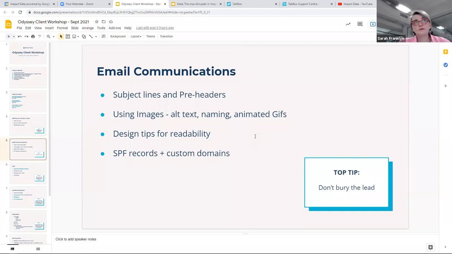Now, one of the other tips is SPF records and custom domains. So when a communication comes from TalkBox, it will come from southmackay@talkboxapp.com. If you want it to come from South Mackay and not TalkBox, let us know and we can set up a custom domain for you. There's a small charge for that, but it's better from your customer's perspective and also for you owning the relationship.